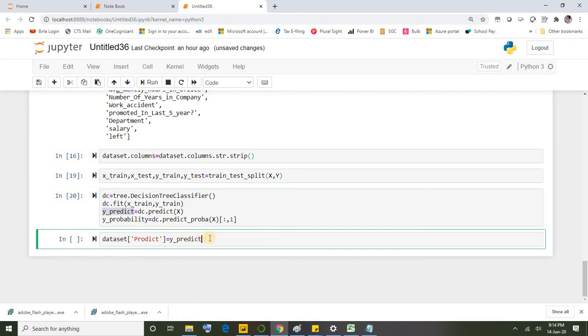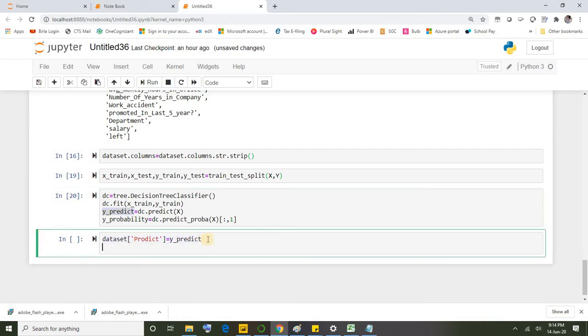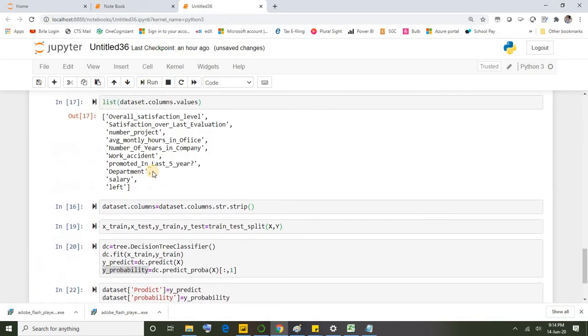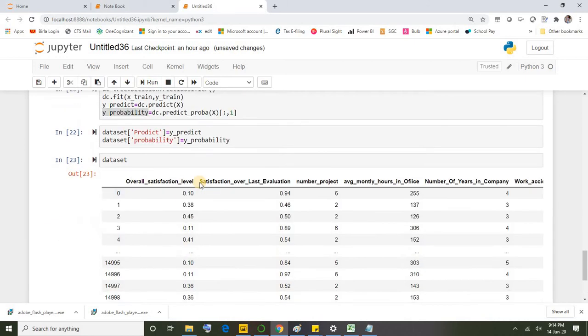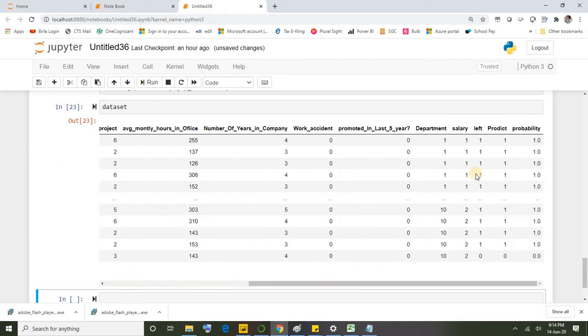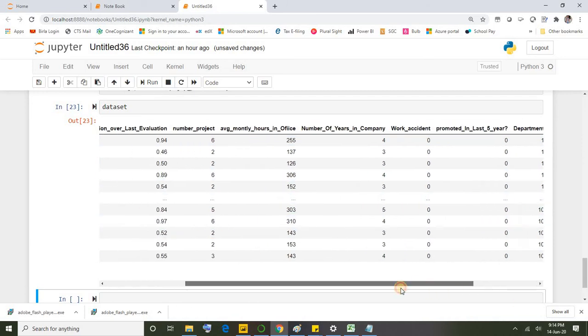And also I'm gonna create one more field called probability. I'll be passing that value from the y probability variable that I just created. Alright, let me run this. All good. Now let me execute our dataset again. Of course, I can do it here itself. Dataset. All right, we can see now those two columns are there, predict as well as probability. Those two columns have been added to our dataset.